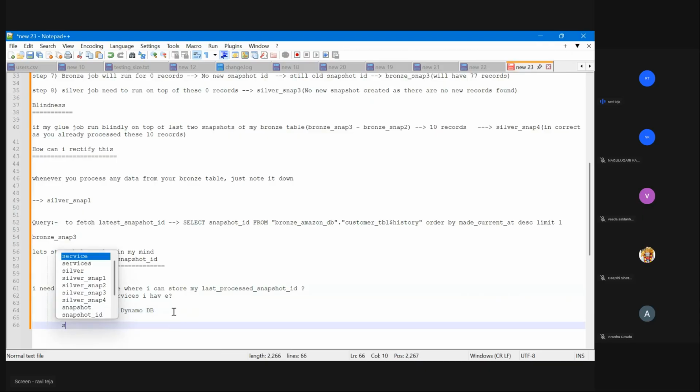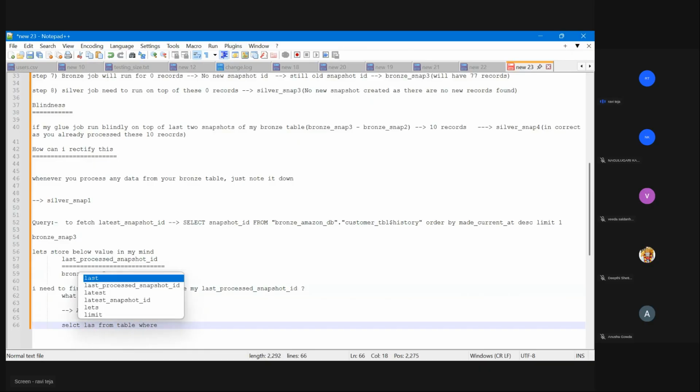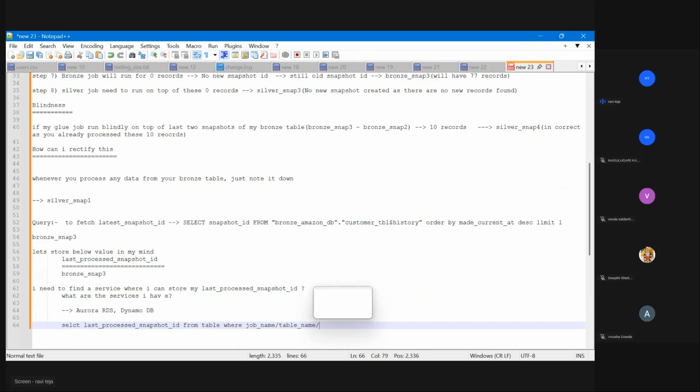Simple: select last process snapshot id from table where job name or table name, or any key, is equal to the value you pass.